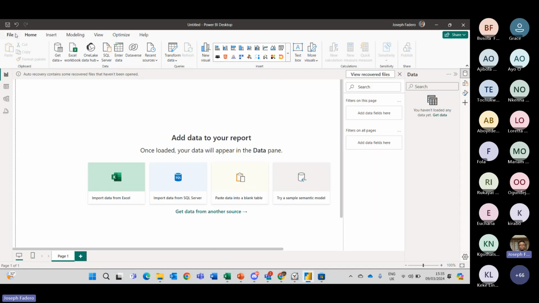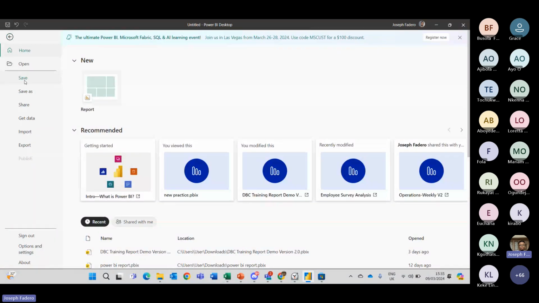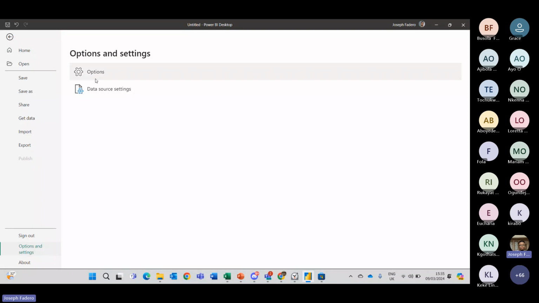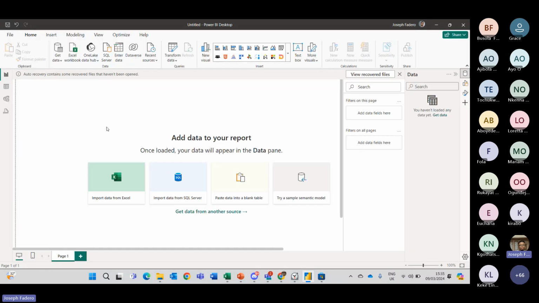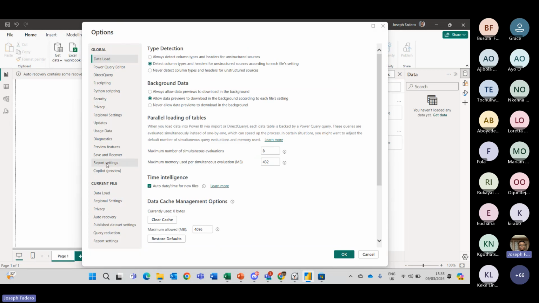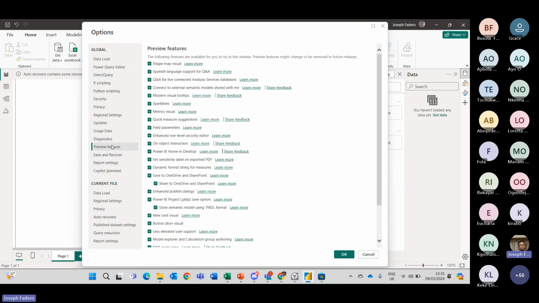So if you come to your file tab, for those who weren't available before, come to your options and settings, go to your options tab, you will see a section called preview features. My own advice is if you like testing technologies and services, you can turn them all on.